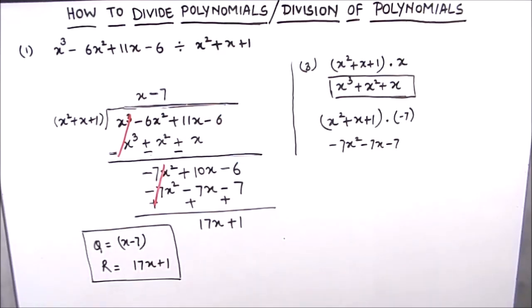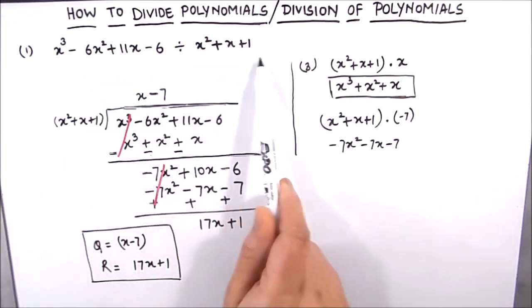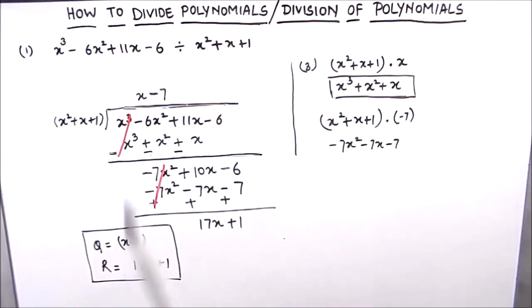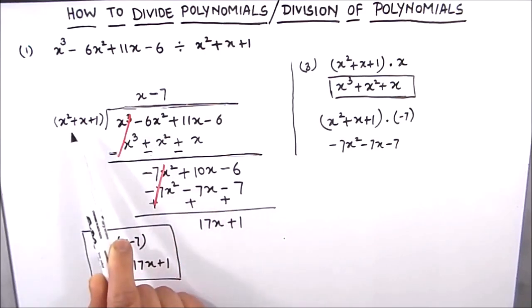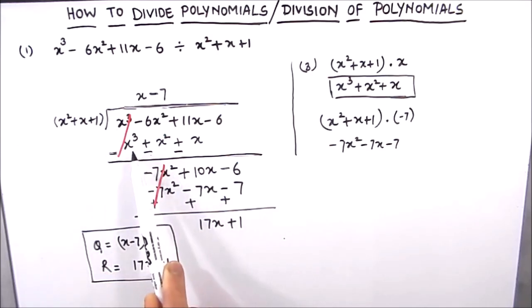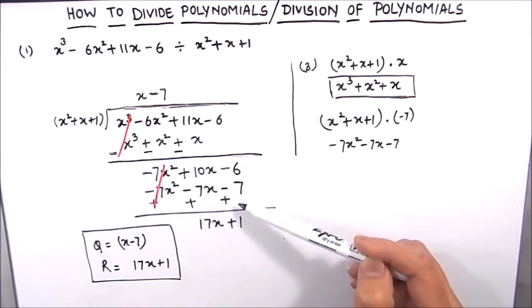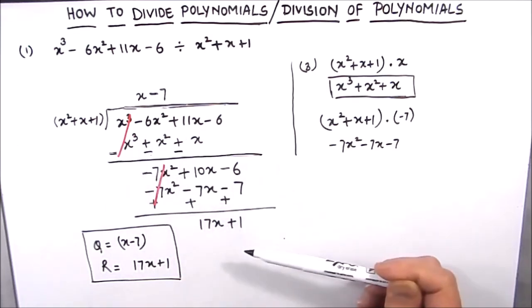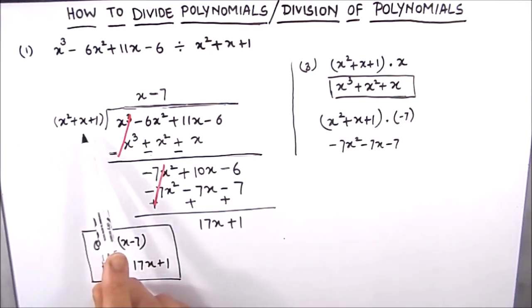Now we'll revise the steps here. In the first step, we are going to arrange the polynomials in decreasing order of their degree. The second step is to divide only the first term of the dividend. For that, we are going to multiply the polynomial in the divisor with the required term or number and subtract the resultant from the dividend. And then we are going to repeat the process until we get a zero remainder or a remainder whose degree is less than the degree of the divisor.